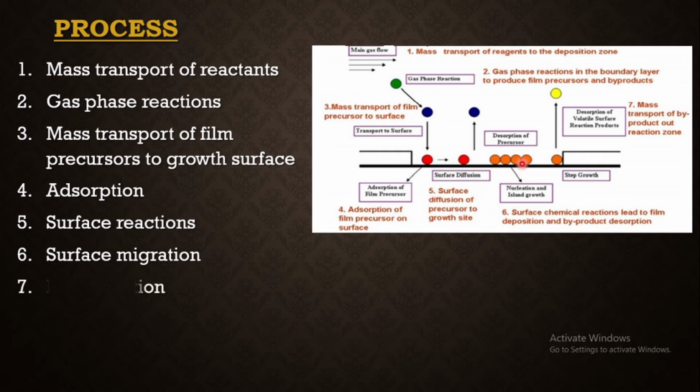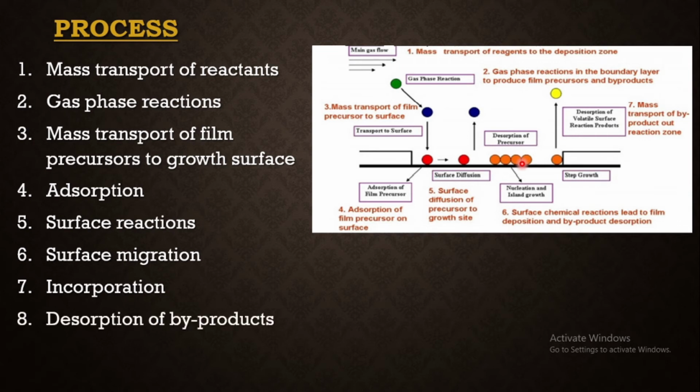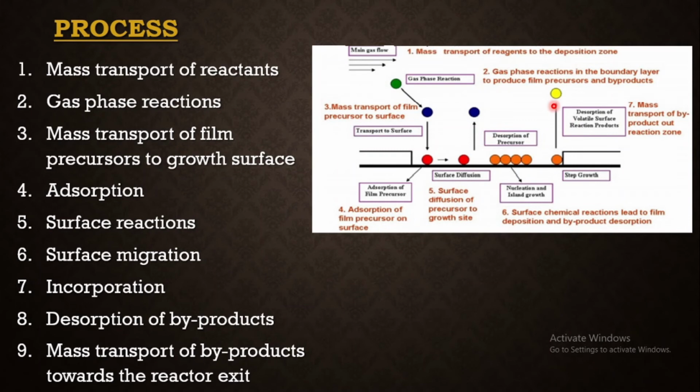Coming to the next step, the incorporation of constituents into the growing film, then leading to the desorption of byproducts of the surface reaction. So after the surface reaction is completed and the atoms are properly arranged, the nucleation and the island growth is going to take place, and finally some of the byproducts will be formed, and these are removed, finally leading to the thin film which is required. That is, mass transport of